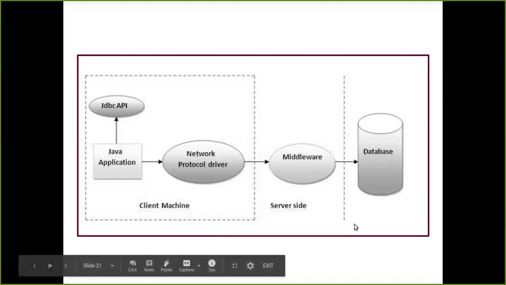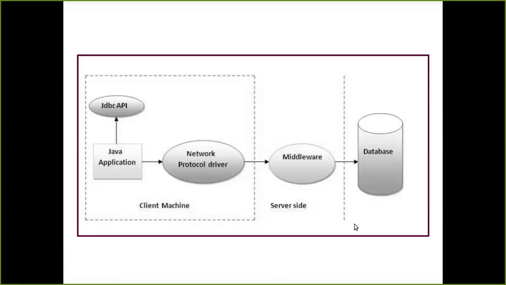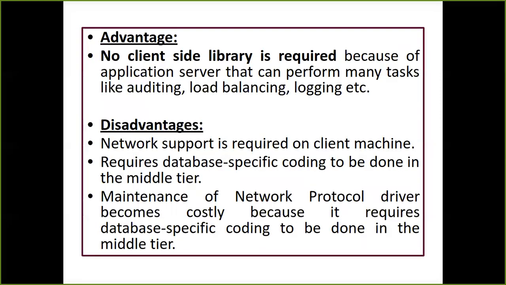So it was like, one by one came into the market. It was not that all four were there together and we were just using any one of them. It's not like that. So there was a type 1 came first. We have understood the disadvantage, then type 2 came, then type 3, and then finally we had the type 4. We'll see first the advantages and disadvantages of your type 3.